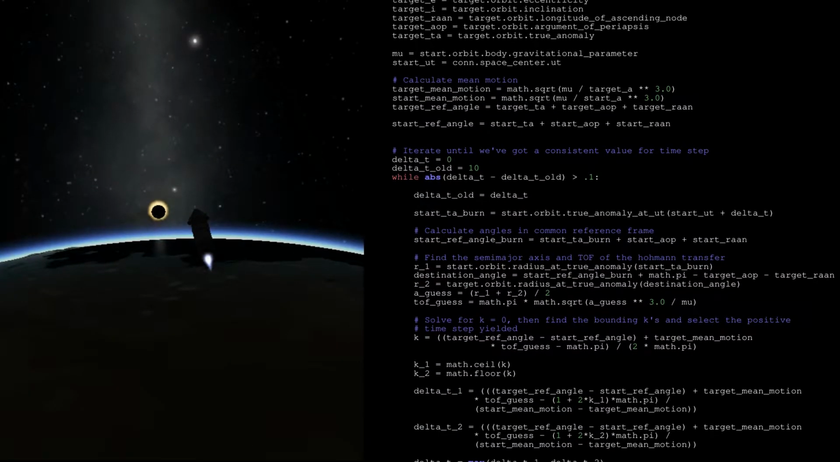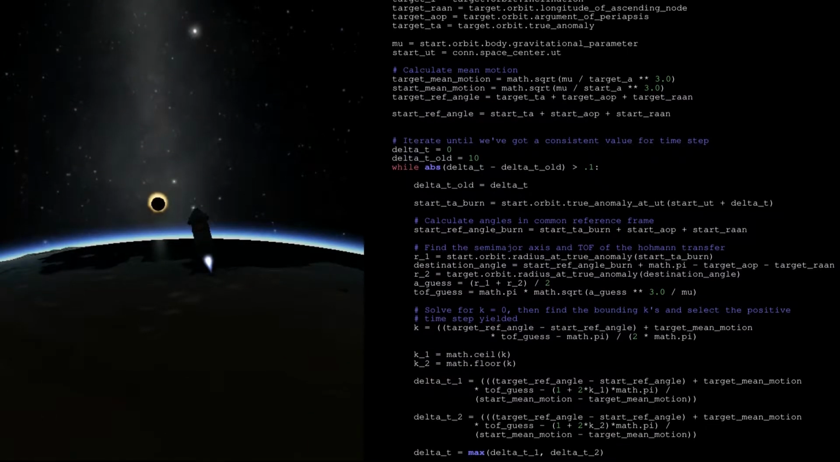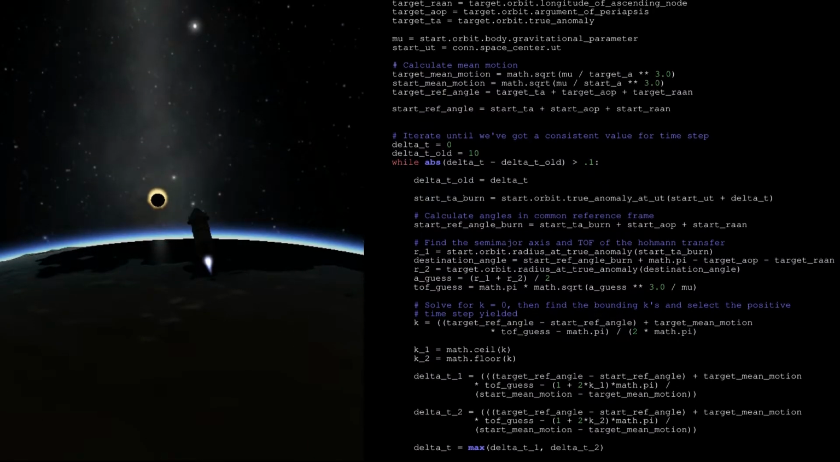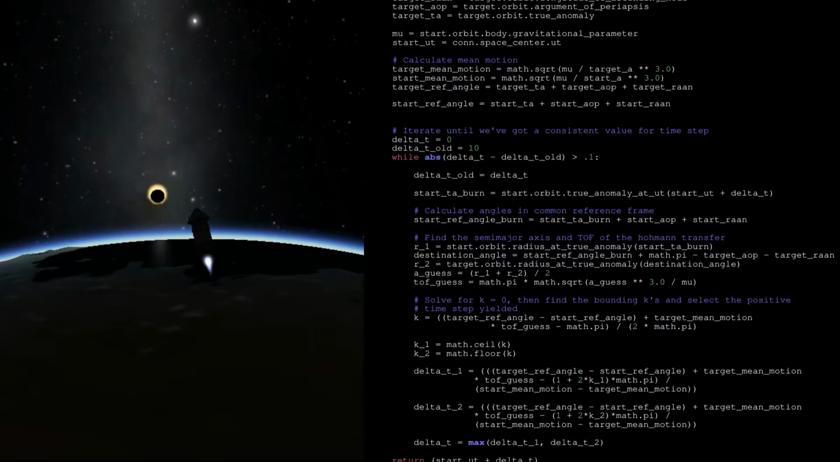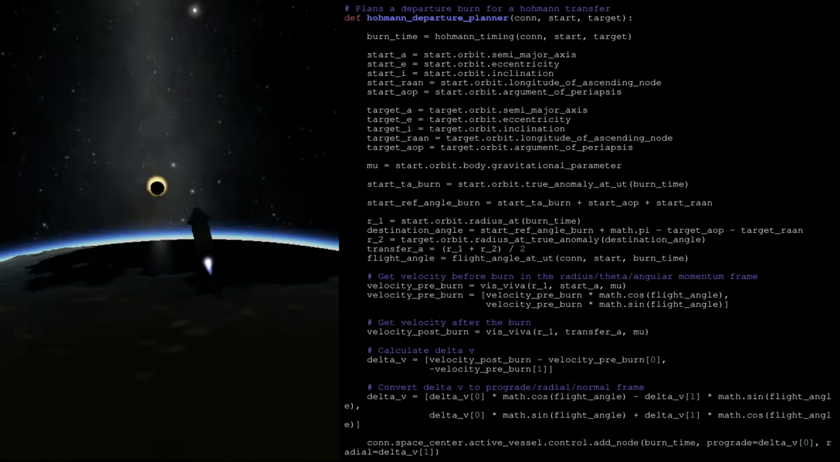Based on how much we miss, we adjust our guess to try to get closer, ensuring that our adjustment still references a time in the future rather than one in the past. Once our guesses stop changing so much, we're likely to have found the right time to burn, more or less. Once we know when we need to burn, we need to know how much and in what direction we need